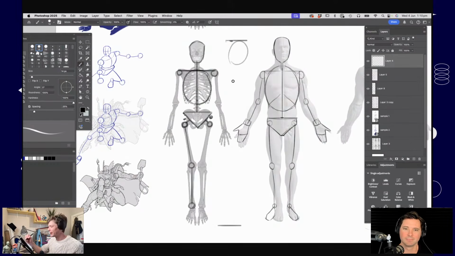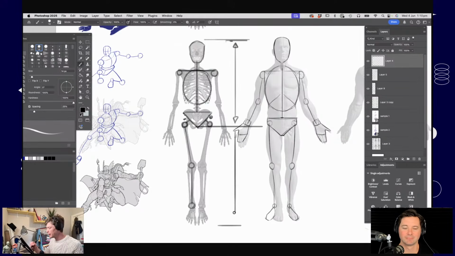Lots of people have discussions about, oh, it should be 7.5 heads make up one body and things like that. There is a certain degree of truth to those things, but everybody's different shapes. And especially once you get into drawing cartoon characters, the whole body might only be 4 heads tall or 3 heads tall. But as a really basic setup, I'd say that from the top of the head to the bottom of the pelvis is about half the length of the body. And then another half is for the legs. And if we put a quarter mark, so halfway through the legs, roughly where the knees are there.